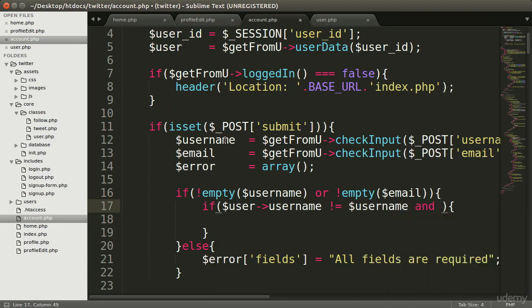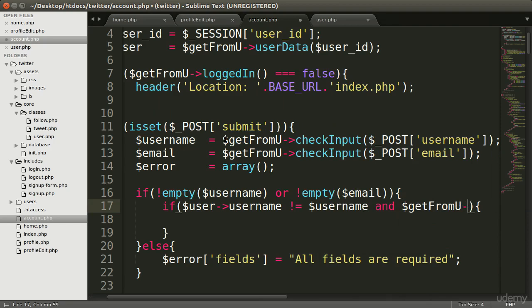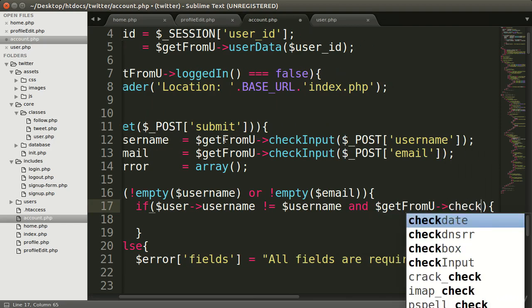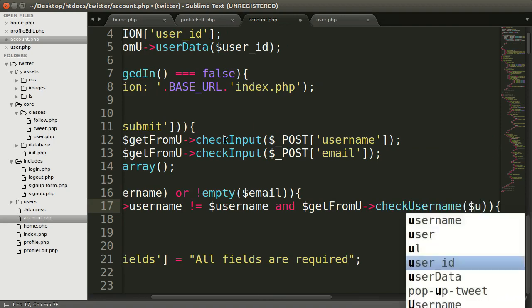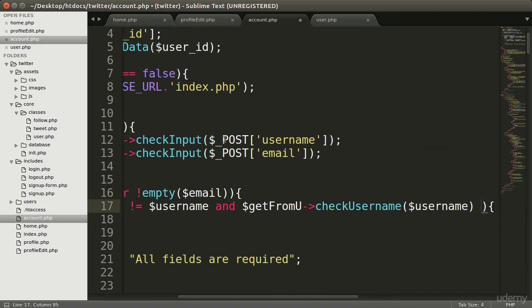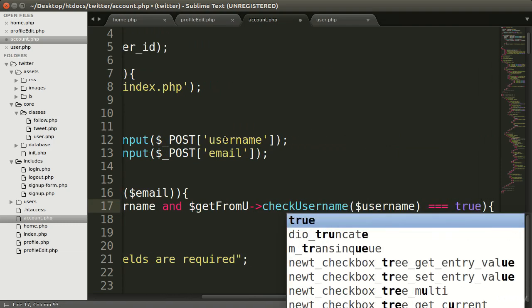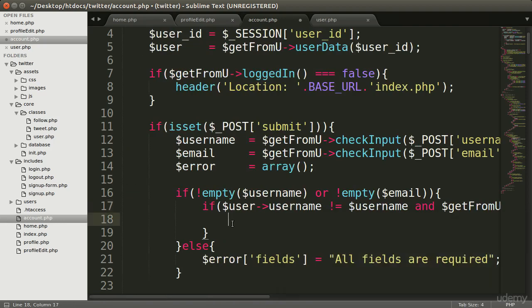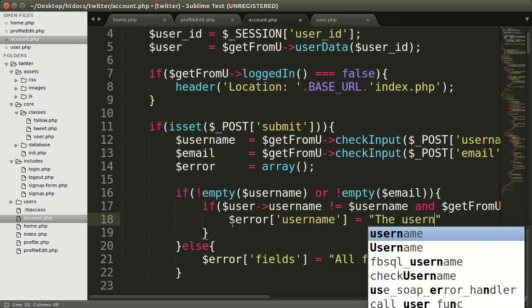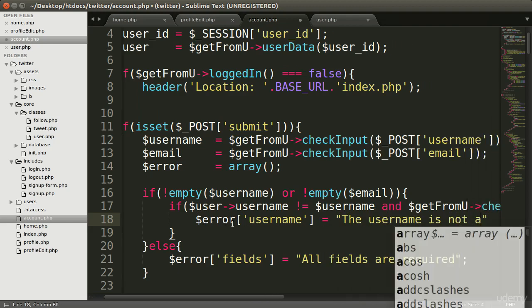and get from you, and here will be the check username function to check the username from the database. We need to pass the username which the user submits, and this will be equal to true, which means it was found in our database. Then we will display the error. So inside here it will be our error array, so error username equal to, let's say, the username is not available,